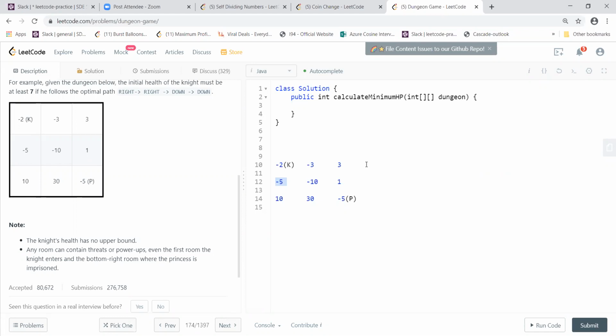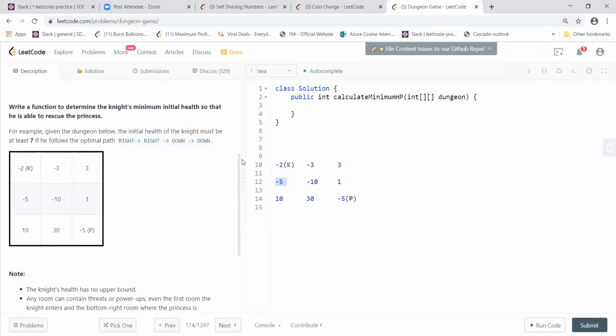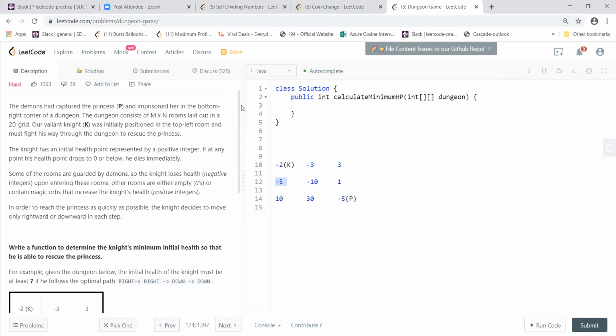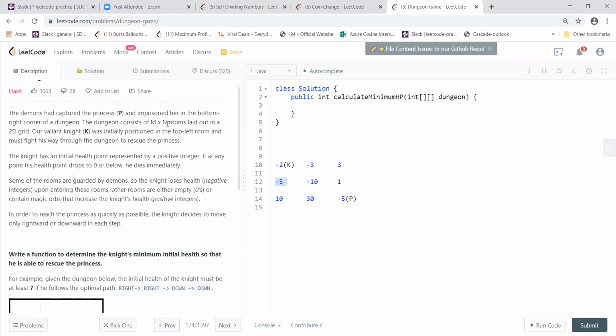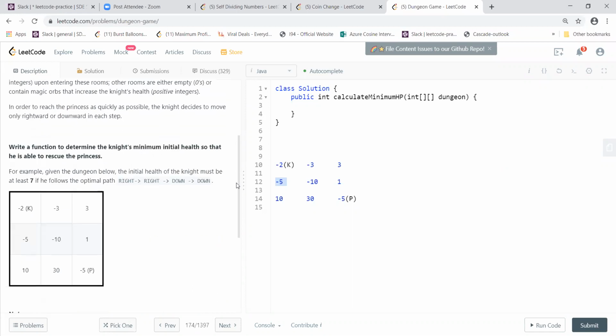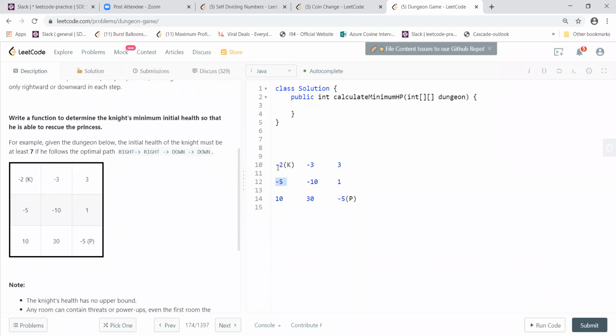It might not be the same 3 by 3. I'm not sure, that's not mentioned there. It's M cross N. Yes, it's M cross N, so it can be a rectangular matrix. So if this is the matrix, what I was thinking is, all these values beyond any of these,